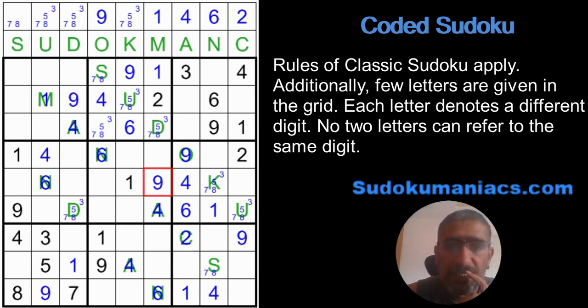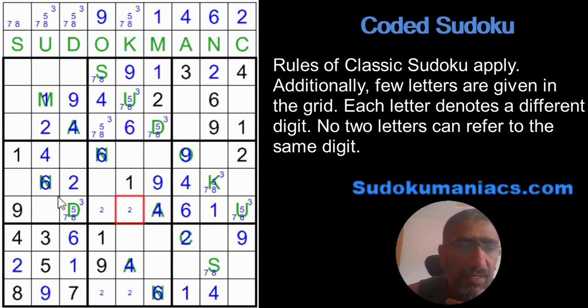In box 8, 2 cannot be in these 3 cells because I already got the 2 in column 6 and row 7. So the 2 has to be in these, with a 6 here, right? This becomes a 2 by classic rules. That's a 2. And this would be a pencil mark for a 2.